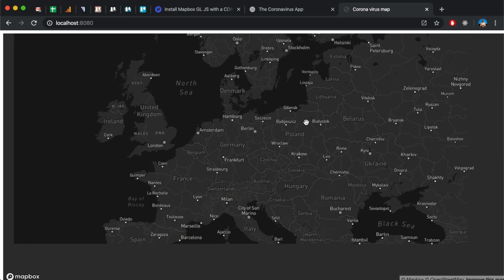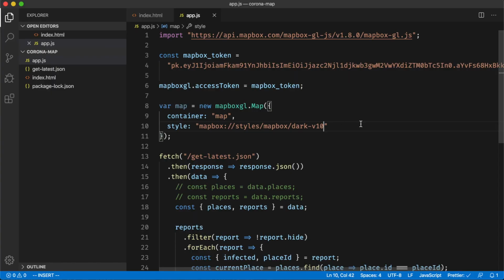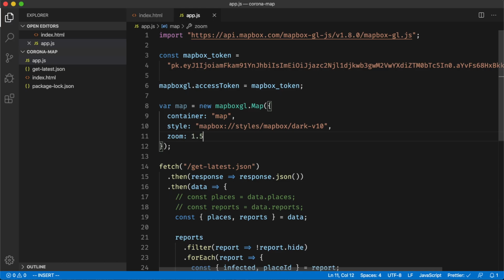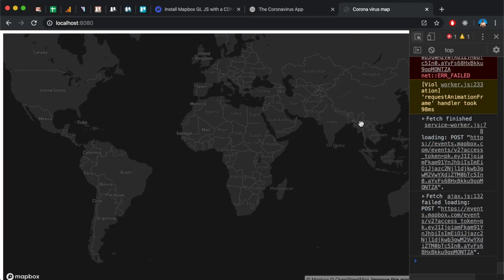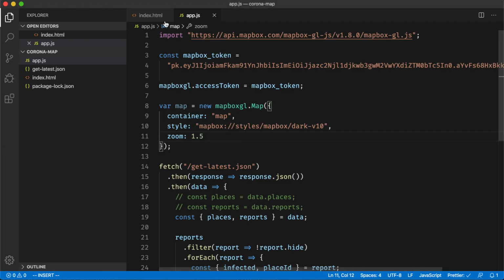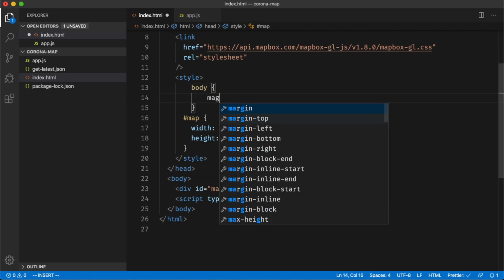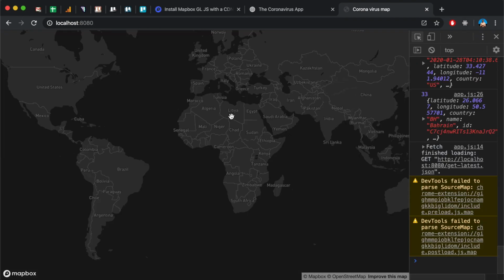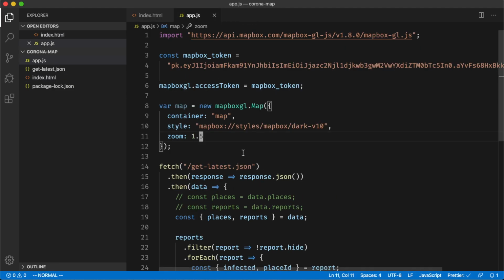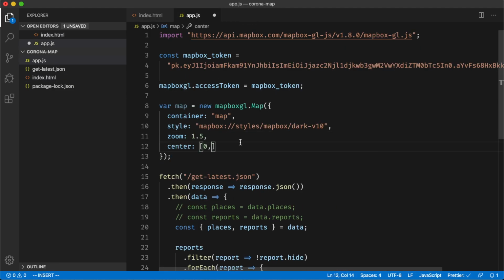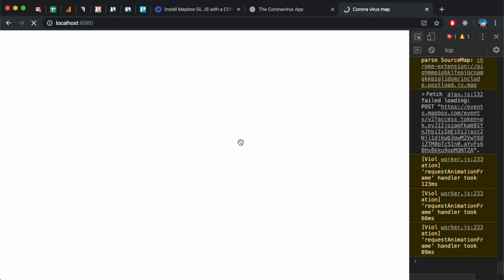And of course we need to zoom out. So we can give it a zoom level of say 1.5. Alright, that's great. Notice here there are some margins. We can get rid of them. These are by default coming from the browser on the body. So body margin 0. Perfect. We can also change the center a little bit and say we want to center the map on 0 and then 20. Okay,